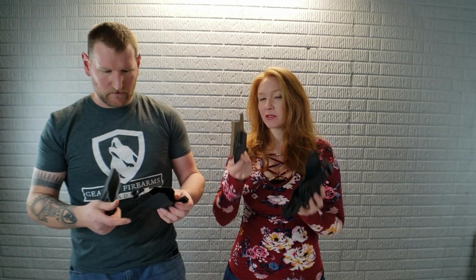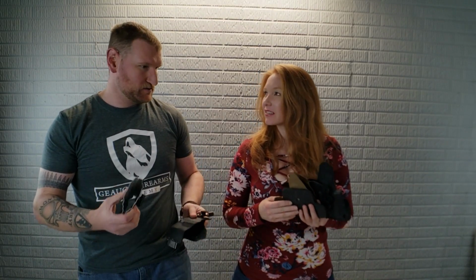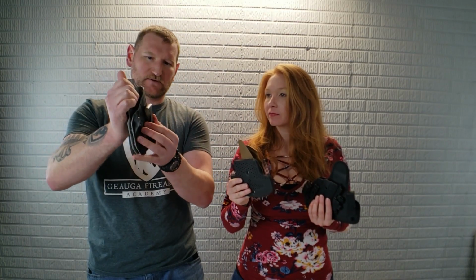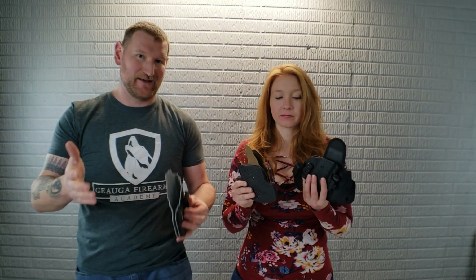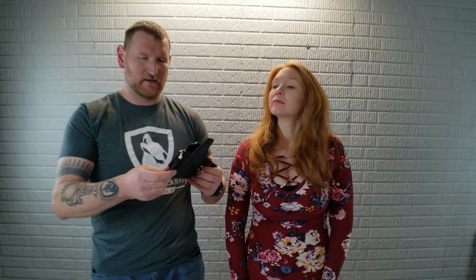There's clips, there's loops, there's these wiry things, there's all different. So there's a lot of different ways to do that. What you're looking for always is that gap. There's a gap back here. That's where that shirt would tuck into whatever style you have. That's key. This is not necessarily an inside the waistband holster, but still this would not be tuckable as well